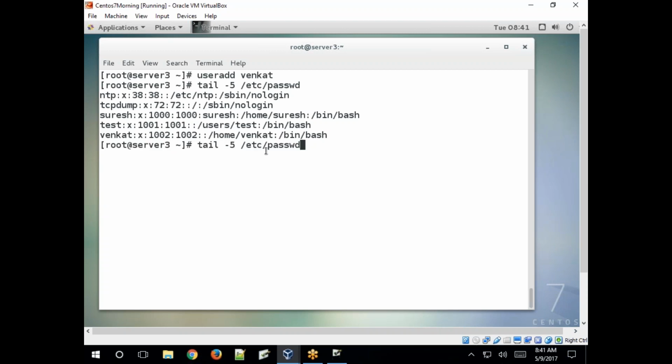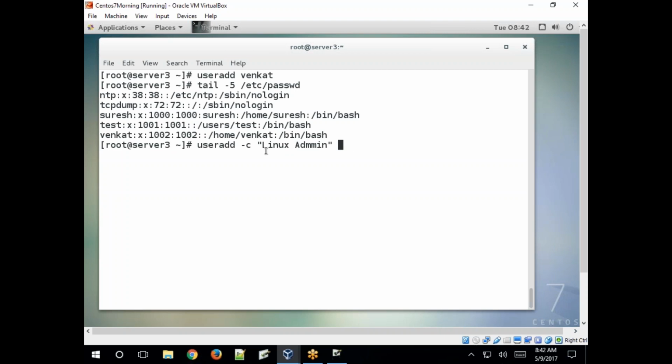Okay. Create a user with a comment using -c, Linux admin. Along with that, if you want to change the home directory to a different directory, use all the options at a time.